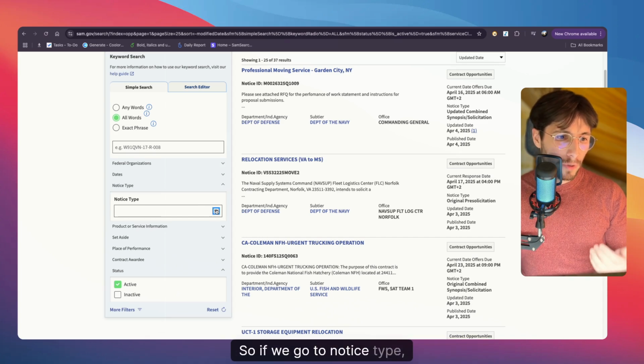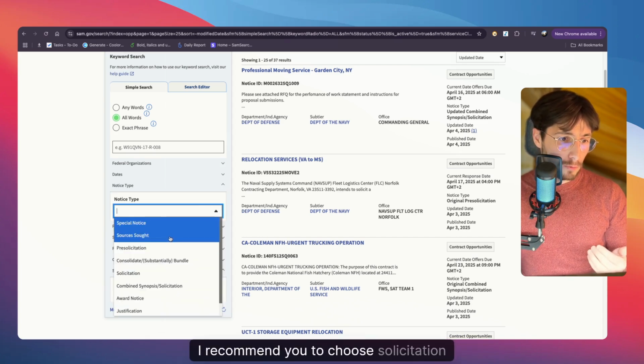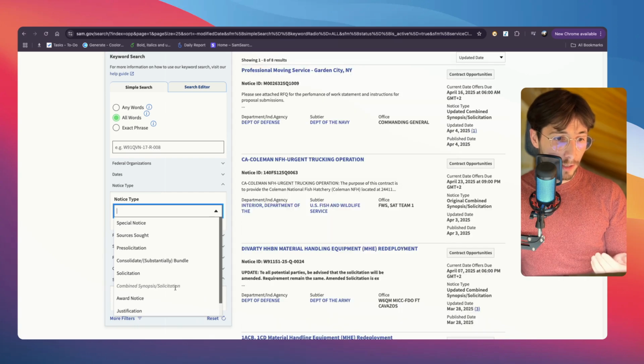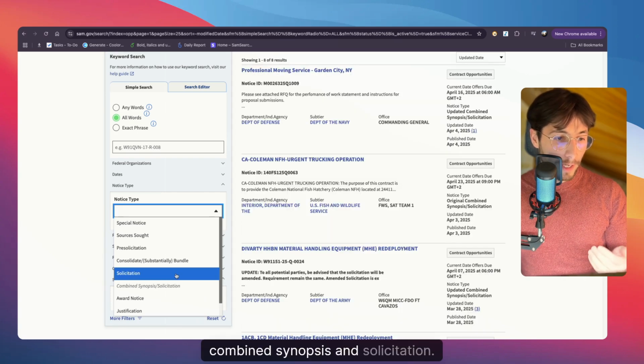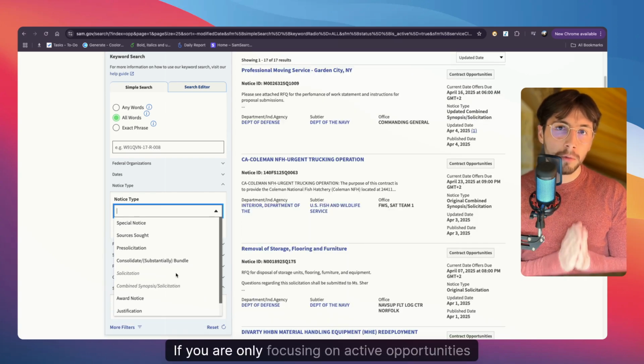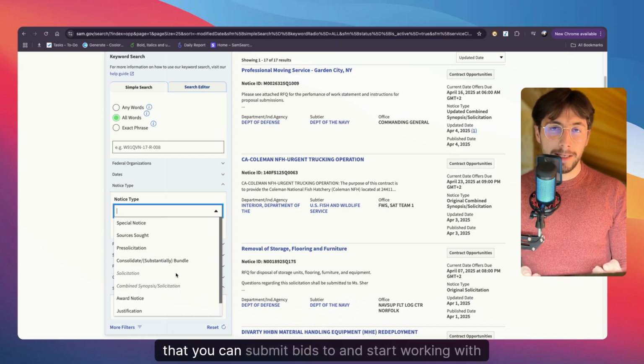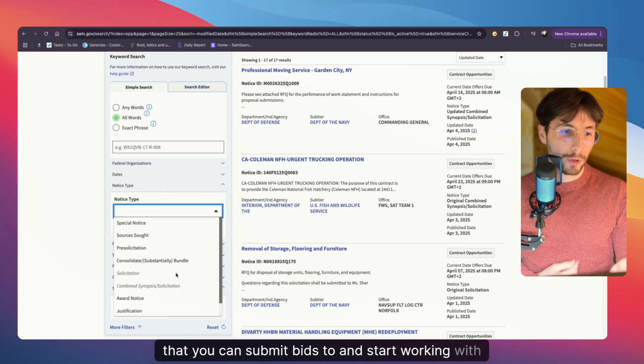So if we go to notice type, I recommend you to choose solicitation, combined synopsis, and solicitation if you are only focusing on active opportunities that you can submit bids to and start working with the government.